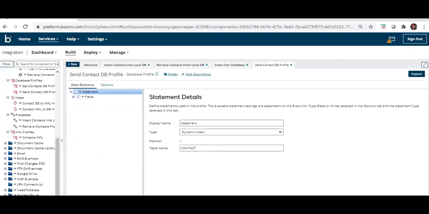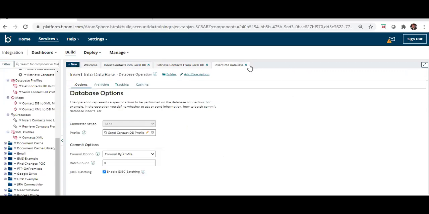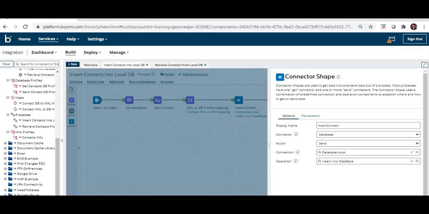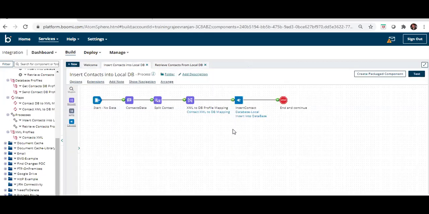So this is how we should use the database connector shape, and how the database profile, database connection and database operations are interrelated. Okay, so the operations we have configured, and that is just simply ending it.